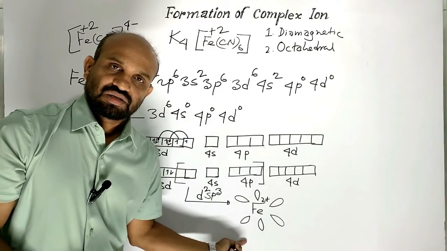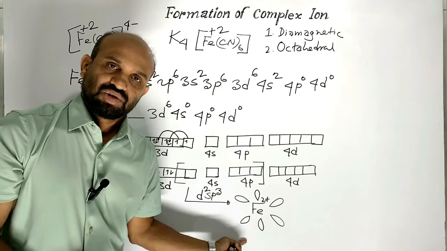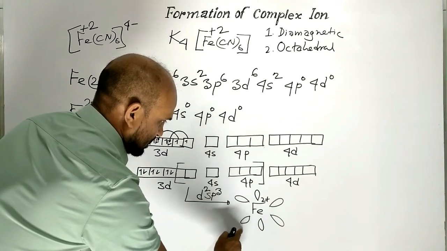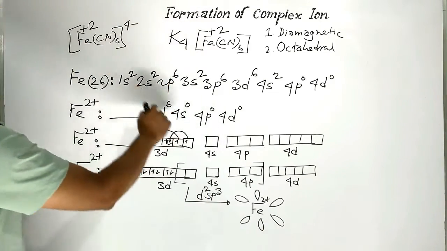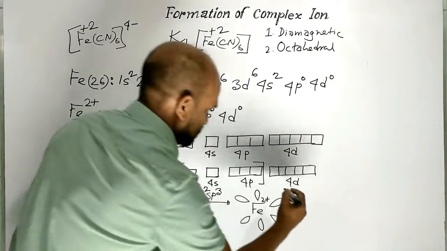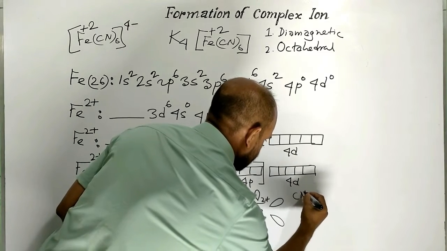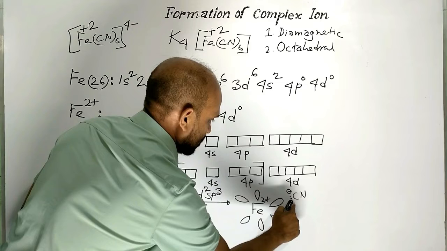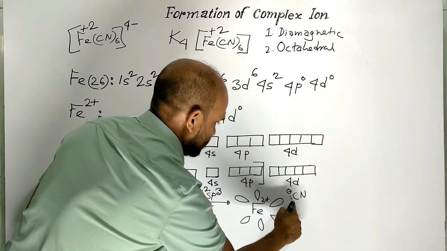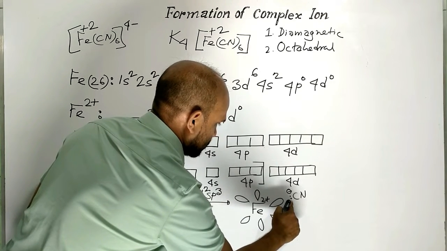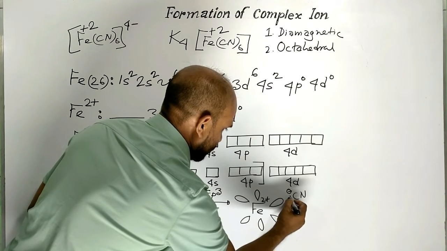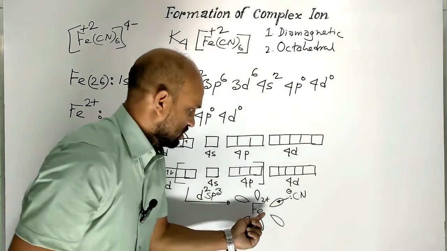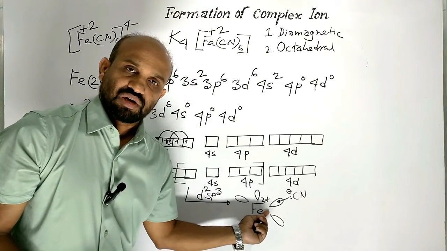These are the 6 hybrid orbitals, d2sp3 hybrid orbitals. With these 6 hybrid orbitals, 6 cyanide ions. This is cyanide ion. Carbon contains one pair of electrons. With this one pair of electrons, cyanide ion forms coordinate covalent bond with the vacant hybrid orbital of iron 2